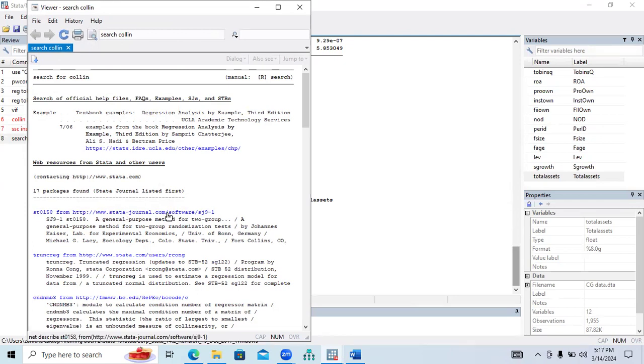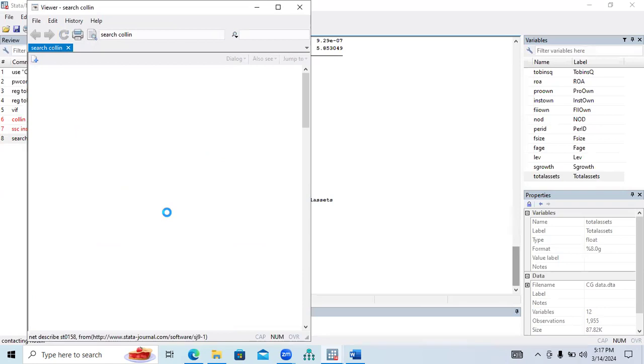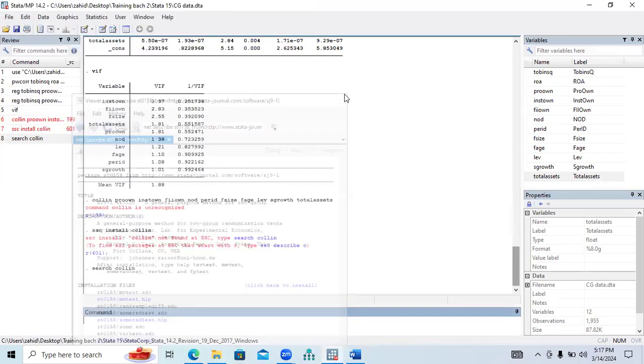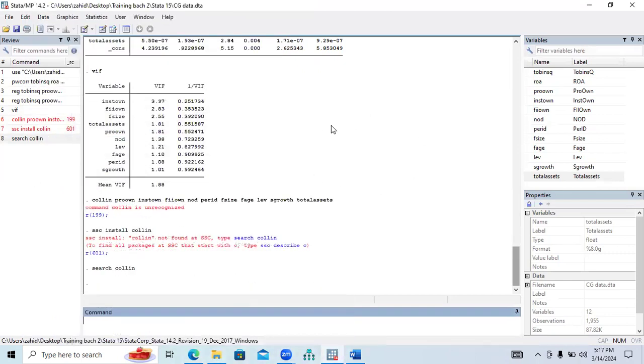from this particular website. Whenever a new command applies in your Stata, it needs to be installed. So first I will let you know how to install a command. Because this command was not recognized with this version of Stata, I simply write ssc install and the name of the command I was running. So whenever you run a command and it is not recognized by Stata, you just need to write ssc install and the name of the particular command that is not recognized by Stata, and it will give you